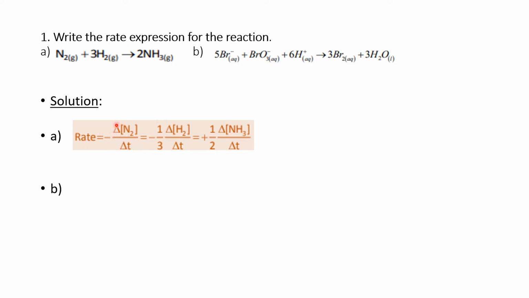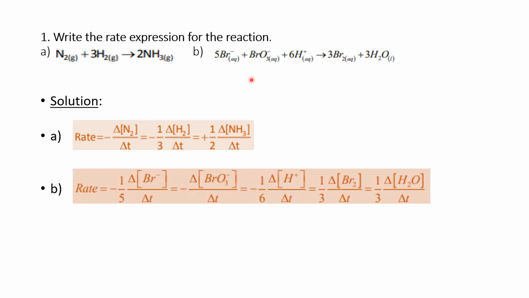And this is the initial concentration, how much is there. After some time, how much concentration is there. That's why it's delta concentration of N2 and concentration of H2, divided by delta T. So why is it 1 by 3? Here the 3H2 is there. It's a completely balanced equation. Only then can we write the rate expression the way you have to write it. So the reactants should all have a negative sign and the products a positive sign. Why? The reactant is disappearing and the product is appearing.